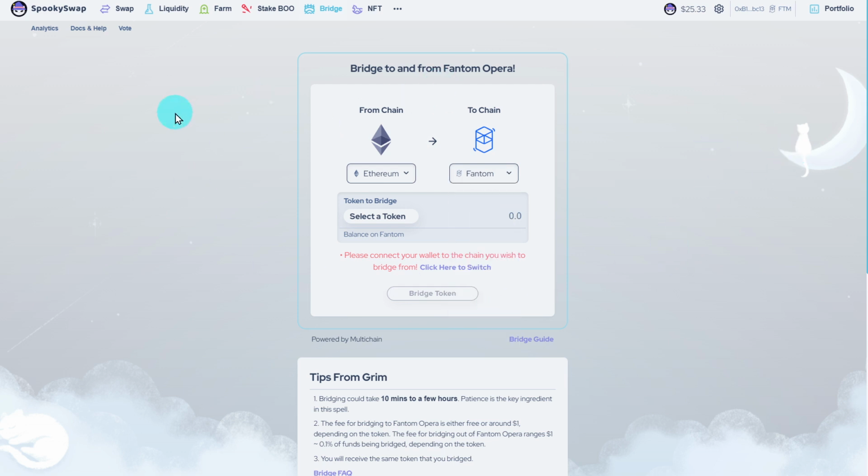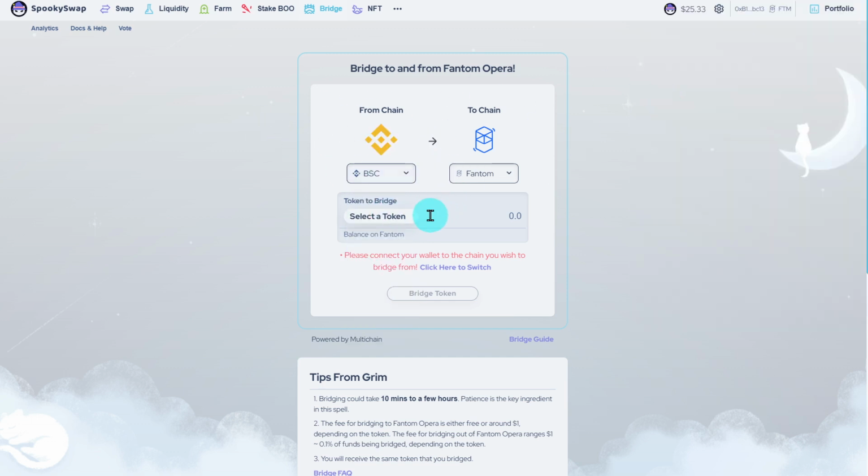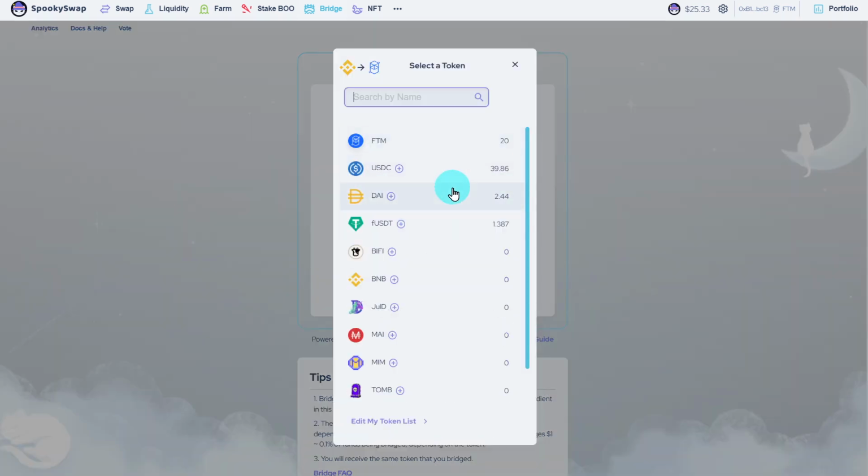And so first of all, you need to get your money from your other blockchain where you currently have your assets. You need to move it to Phantom. So you go to spookyswap.finance and then you click on bridge over here. And then you bridge your funds over from whatever your source of funds is, say for example the Binance Smart Chain, to Phantom. Now note, you cannot bridge any token because, for example, BUSD is not really used within the Phantom blockchain. So you first have to swap potentially to USDC or to DAI or to Tether.